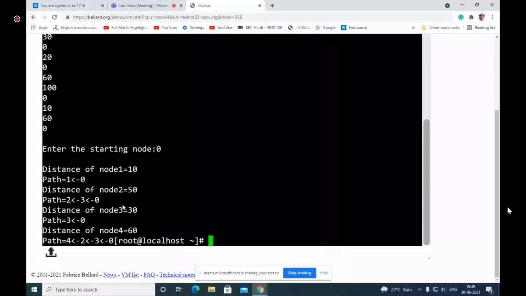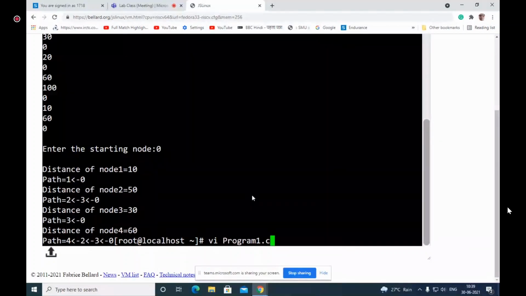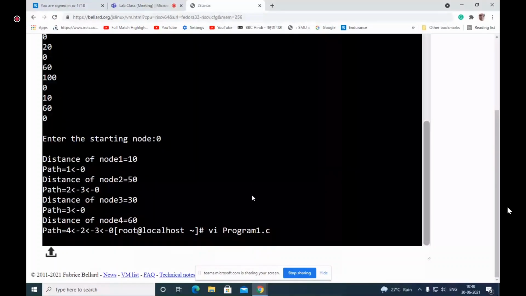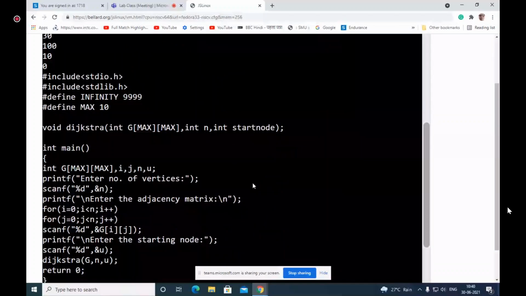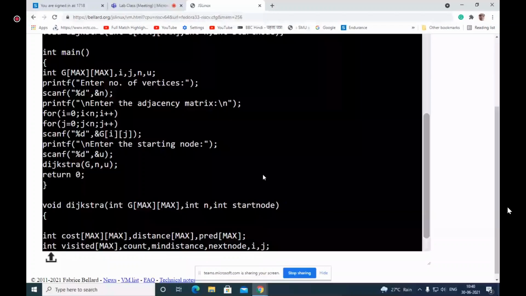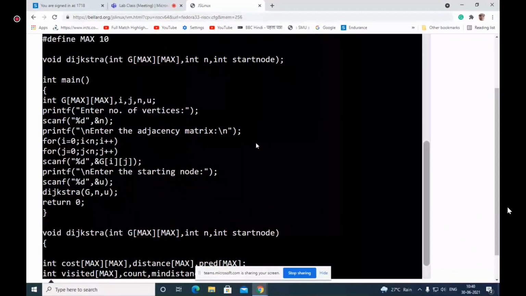I'll just give you glimpses of the code. I'm not going to give you the code, because the code may be executed in a different way, and that is basically expected from you, because your mind will try to solve this problem. I suggest you not to take code from the internet, otherwise you will not be able to learn anything. If you really want to learn, then at least understand the code and try to implement it on your own. That way your coding skill will grow.